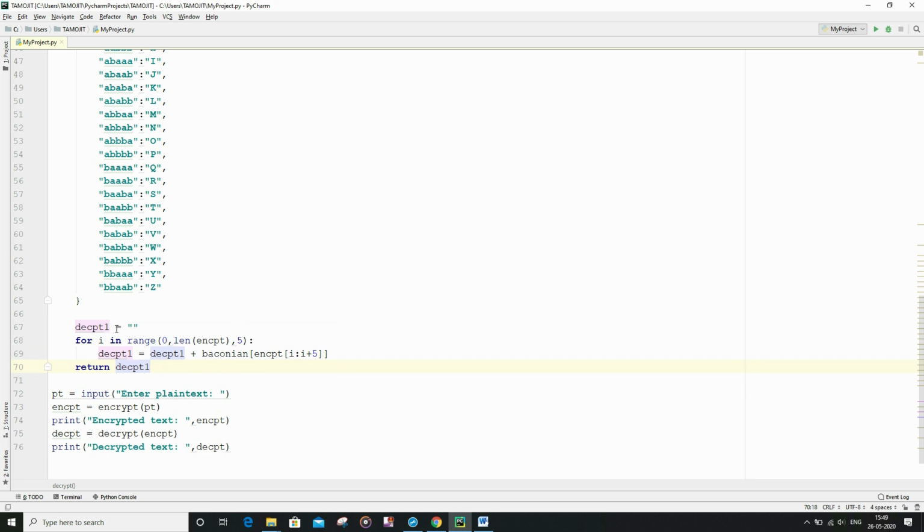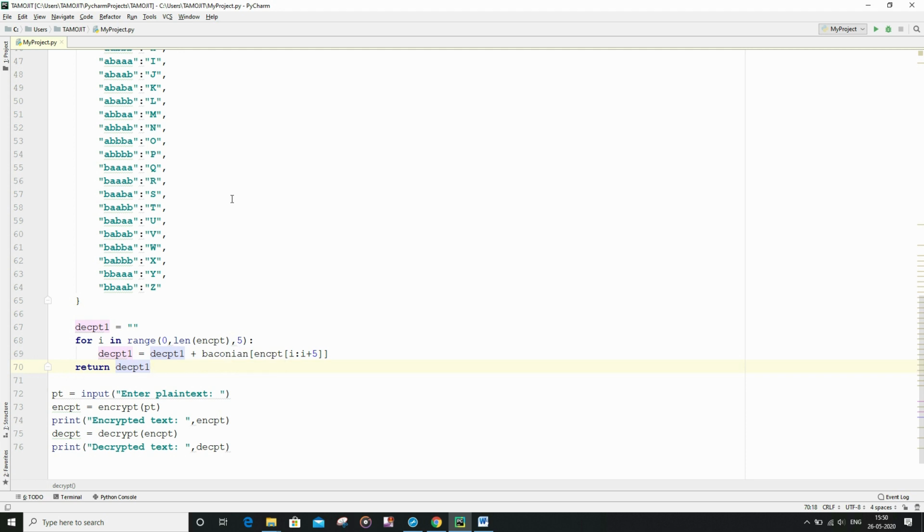Now let me explain. First of all, we are going to declare decrypt1 as an empty string, and now we are going to run the for loop. The for loop is going to run exactly as many times as there are bits or strings of 5.